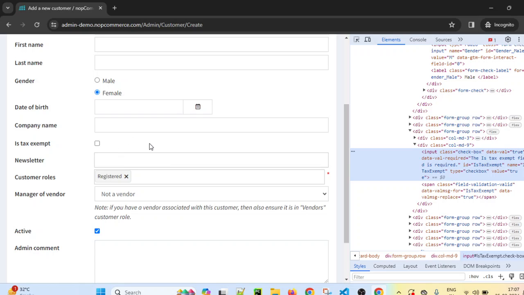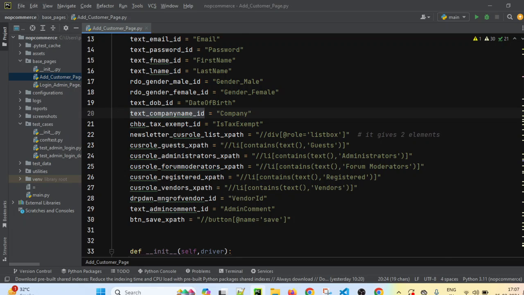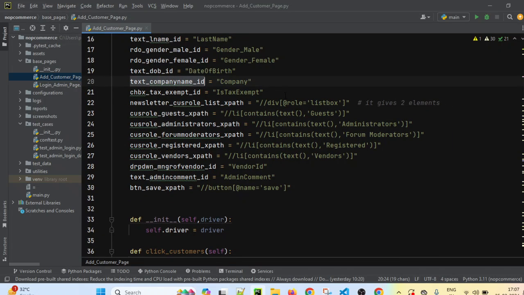Our main goal is identifying the element. Sometimes if an ID is not present, we can write the XPath or locate it some other way. Now coming to the newsletter. We have reached up to here. This is the locator using ID for the checkbox. Now for the newsletter